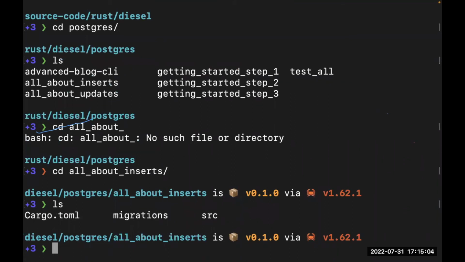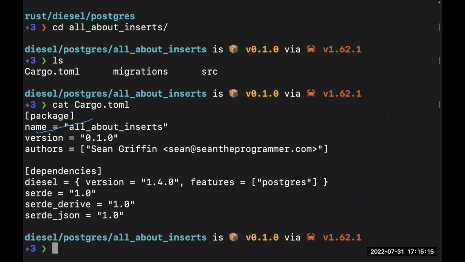So let's assume I want to see the packages that I used in writing this code. All I can do is say cat this particular file or concatenate this file. So you see, it gives me those packages, and I can tell the person, oh, I'm using Diesel version 1.40, with a feature of Postgres, right? And yeah, so this example was implemented by the author of the Diesel library itself.